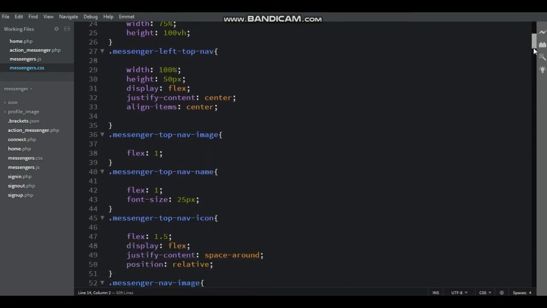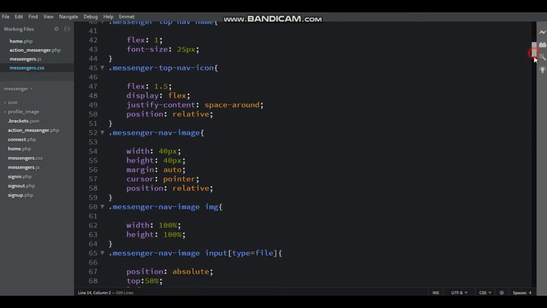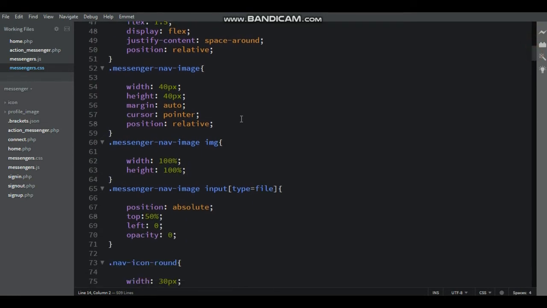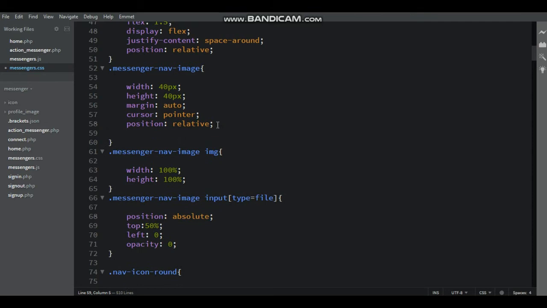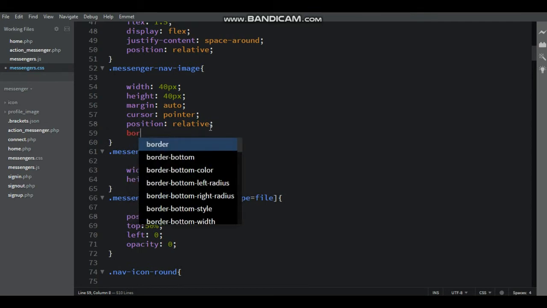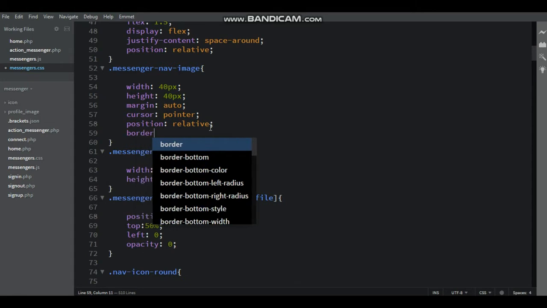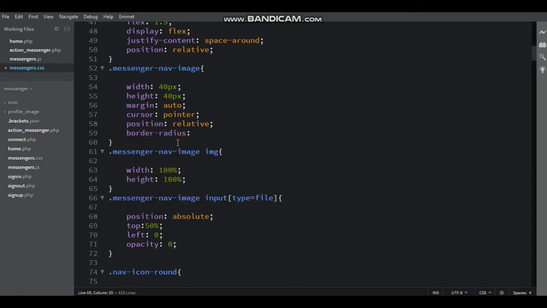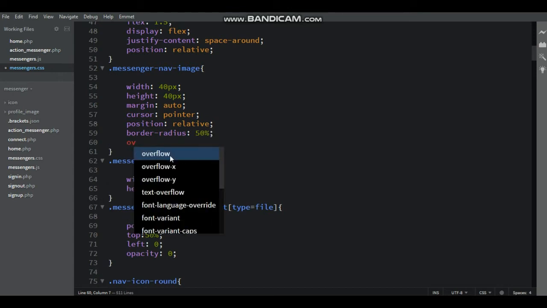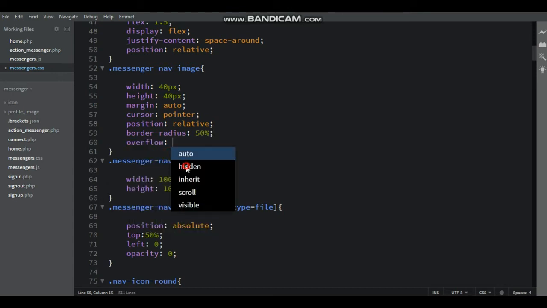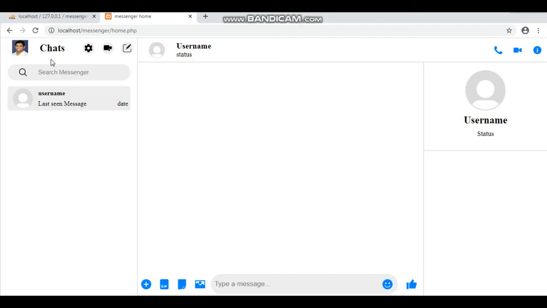Go to the messenger.css file, inside messenger name image, here border radius 50%, and then overflow hidden, and then save it, and then go to the browser, refresh it, and then profile image displays round shape.